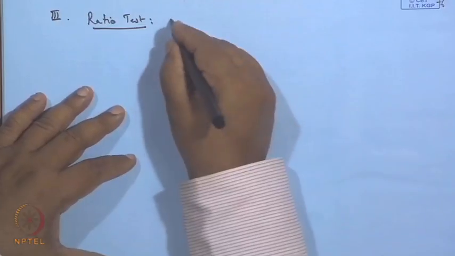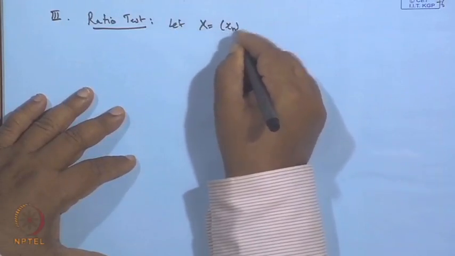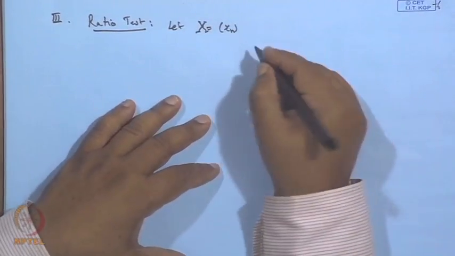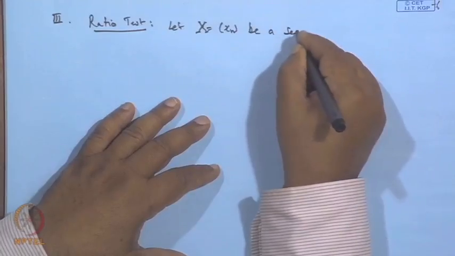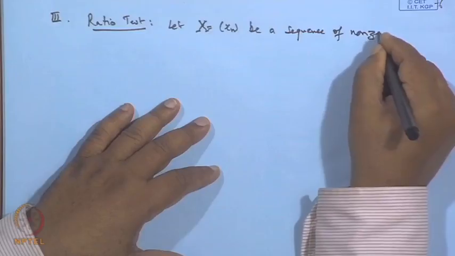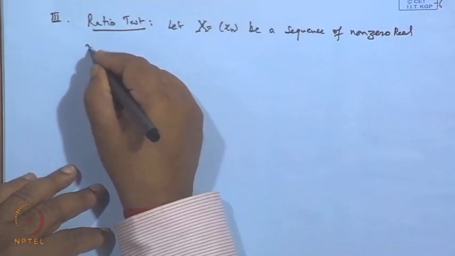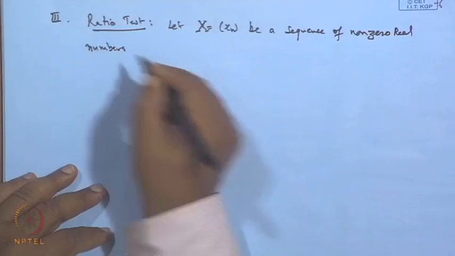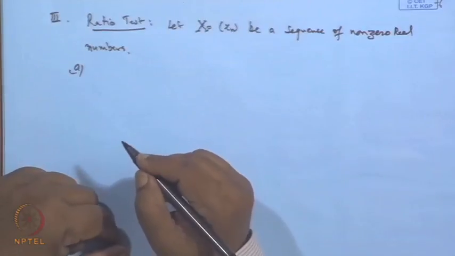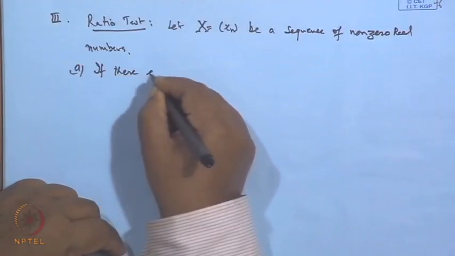Let x_n be a sequence of non-zero real numbers. Then the first part says, if there exists